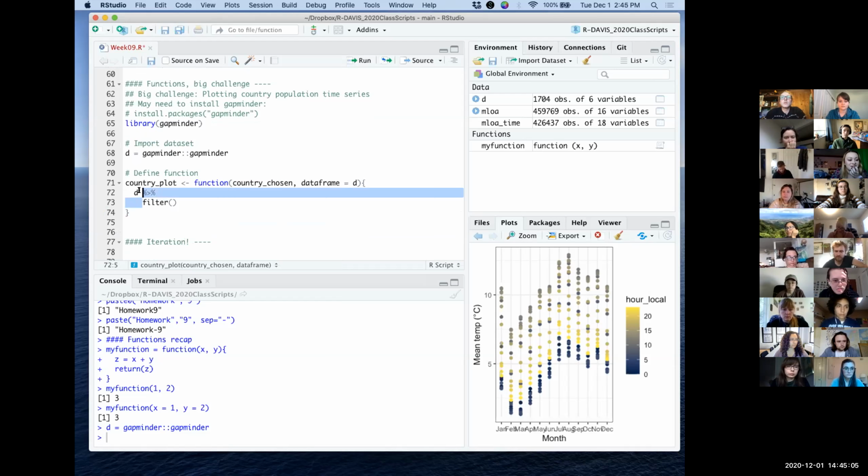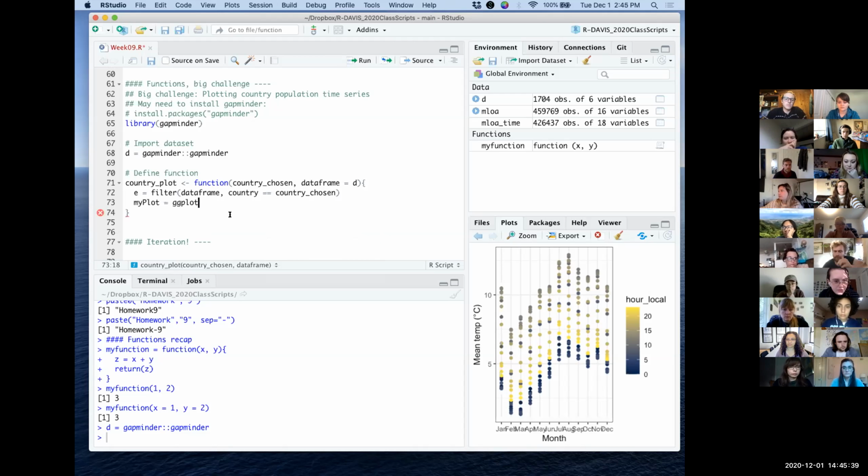And then country equals country_chosen with a double equal sign. And then I made something called plot,